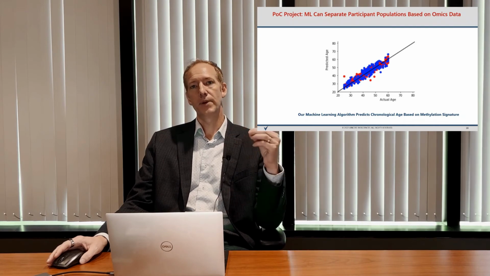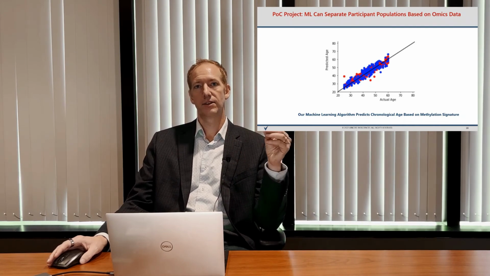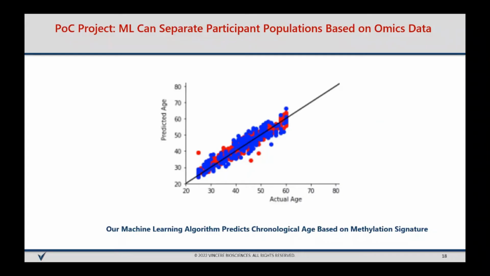Based on the tagging of your DNA at methylation sites, you can identify a few hundred sites that, if you look at them together, can predict a person's age. Based off of a saliva or blood sample, it's able to predict your age within a range of 3 or